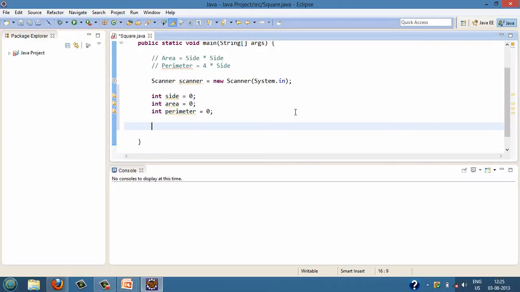So friends, here we have created three variables of the data type int, and the names of the variables are side, area and perimeter, and we have initialized all three values to 0. Now we'll prompt the user to enter the value of side.